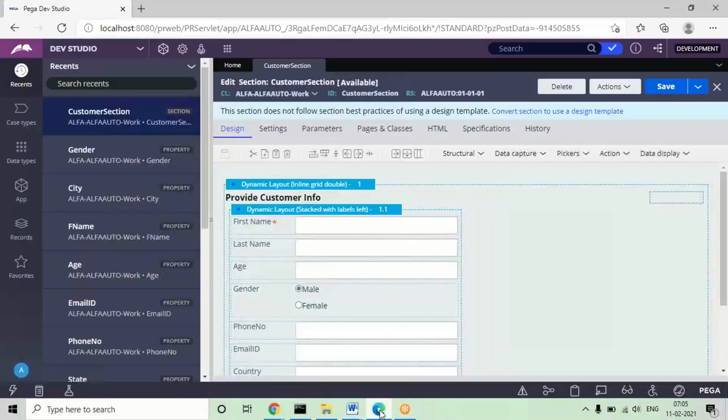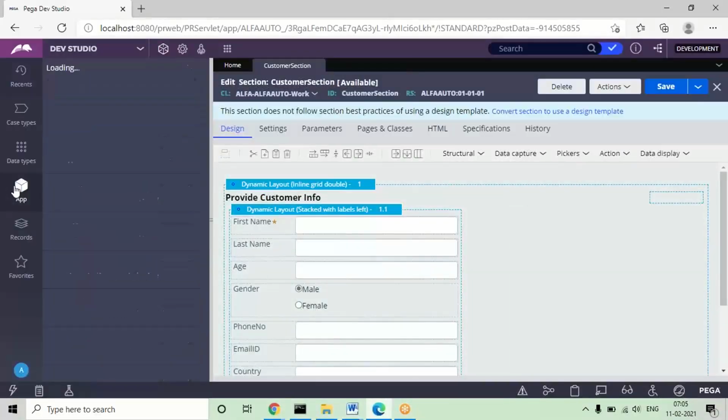It's very simple. If you go to App Explorer, this is the section we have from the previous session.